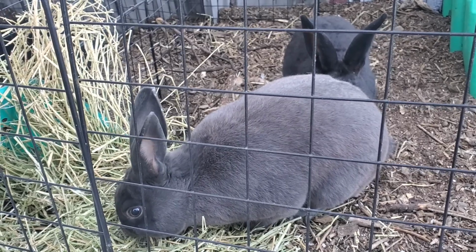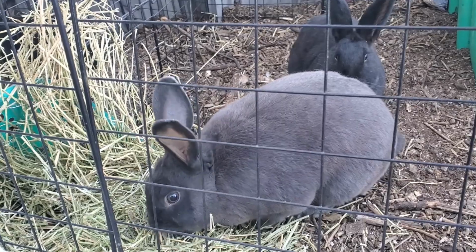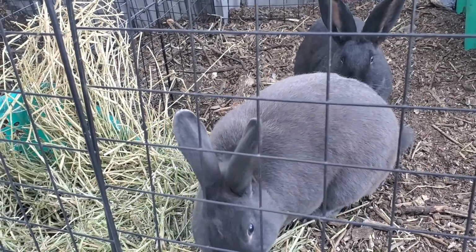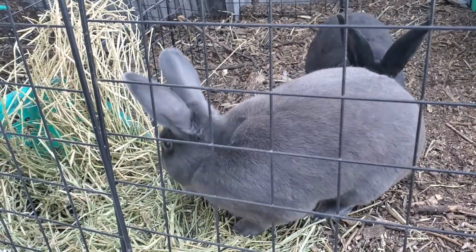So we're not giving them pellets. They're getting grain and hay and sunflower seeds and tree cutting. So they have a very varied diet. I'm having a hard time breathing because...